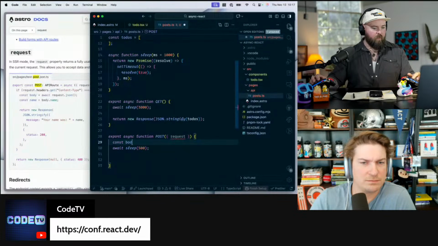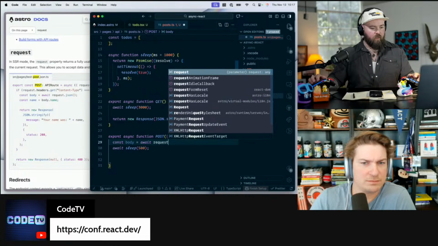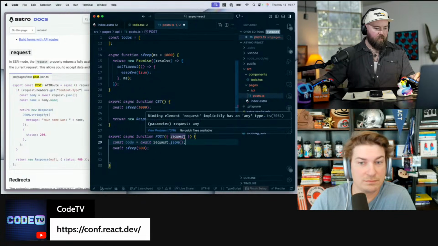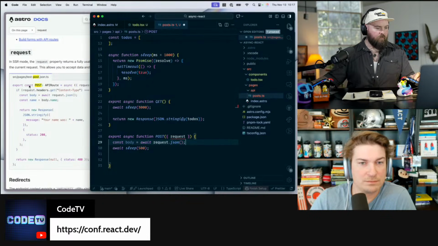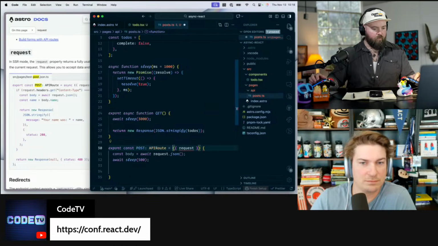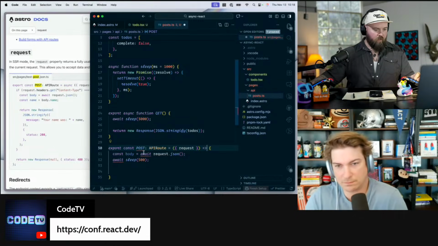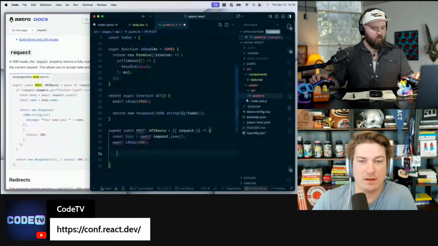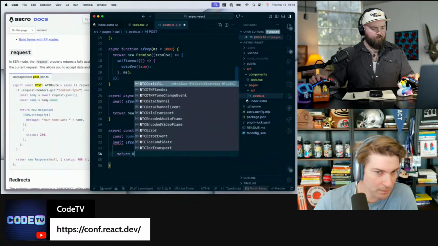Here we'll say body equals await request.json, and then, why are you mad? Oh, because we have to do it this way to get it to type properly. Oh, and then it needs to return a response of some sort, and that'll make it valid.